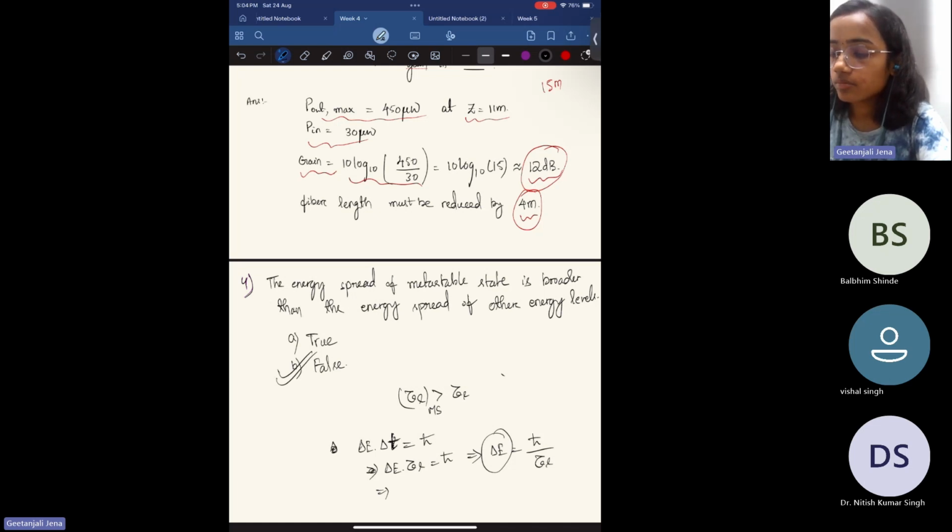One is the gain medium, another is the pump, and the third one is the optical resonator. The gain medium with the pump provides an amplification process, and the resonator acts like a feedback circuit so that the amplification remains for a longer time within this resonator. We can compare this optical resonator with the electronic oscillator.